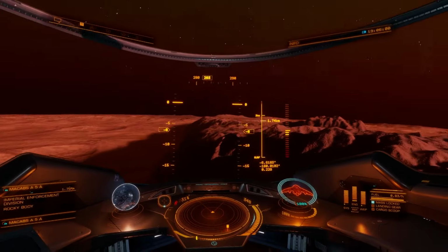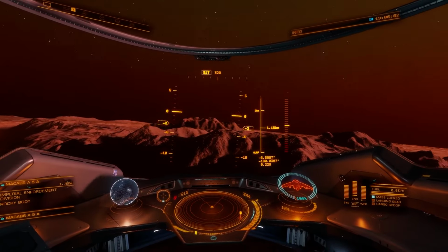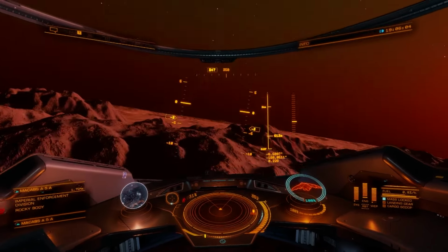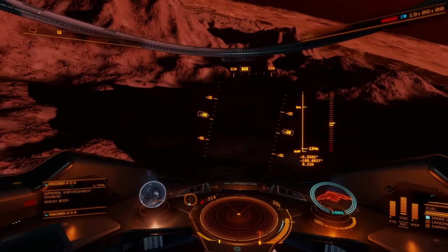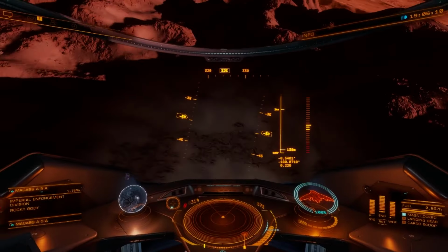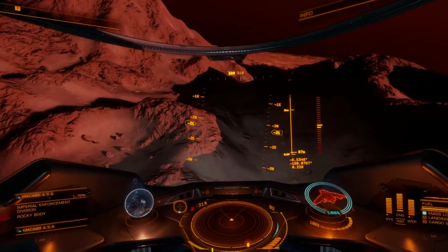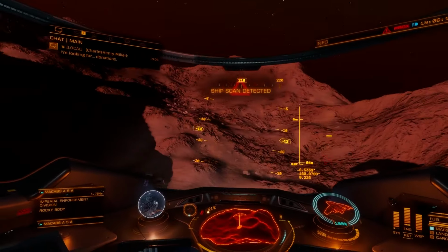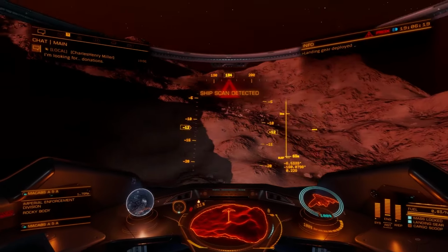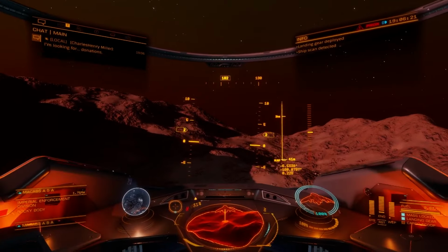Over the mountain here, looking for biologics. One of the reasons I use a Dolphin is because it's easier to land in these areas. Okay, so let's see here. Man, no, more people looking for donations. So if I deploy my landing gear,